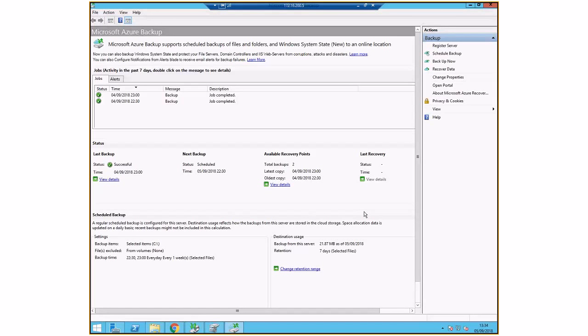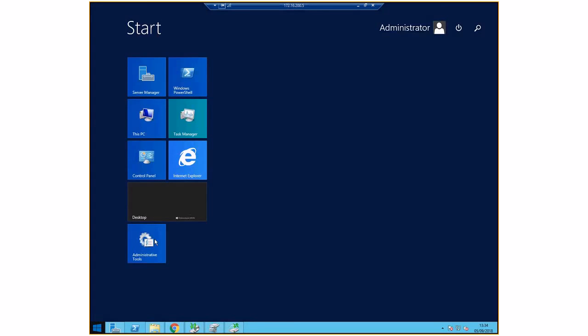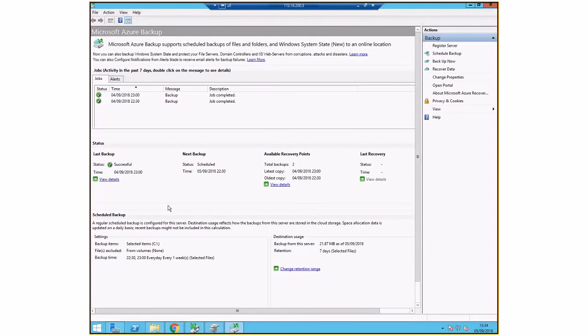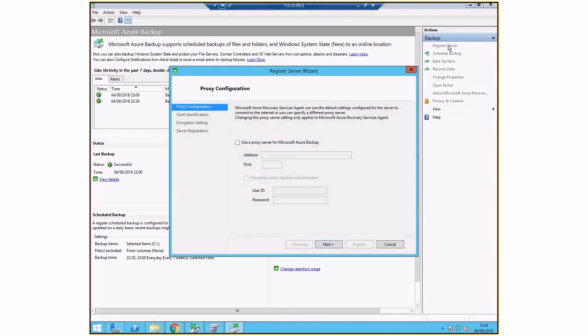Guys, after downloading and installing that agent, this, by the way, as you can see, is a server 2012. The first thing I had to do after launching the Azure Backup tool was, in the top right corner, register server. That's the place.